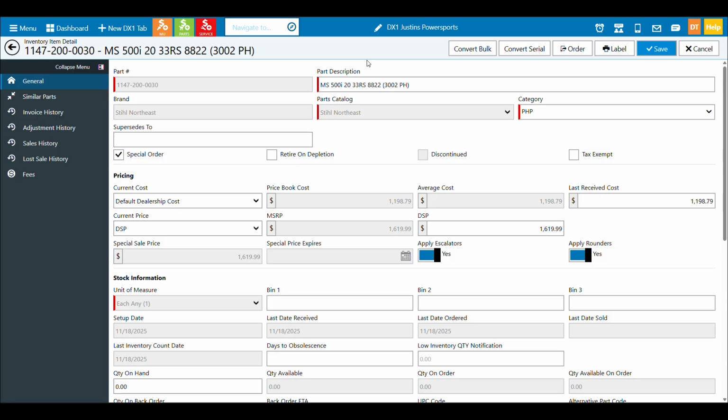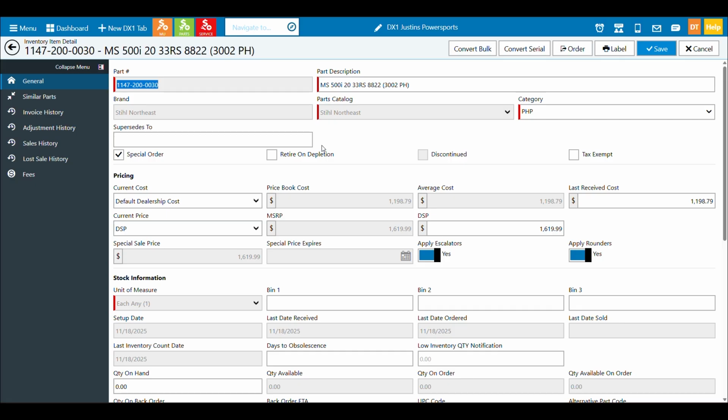All right, in this chapter, we're going to talk about how to serialize a part or a part item. And what serialize means is a couple different things. The first is very literal. I want to track this part number quantity by individual serial number, meaning if I order five of these, yes, I'm going to get five of that part number. But as they come in, they each have a unique identifier on them, or a serial number. And that's how you want to track them because you may need to warranty these later or work on them when they come into your dealership for service, right?